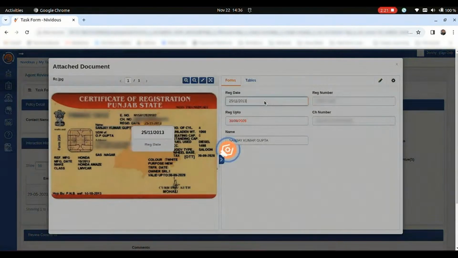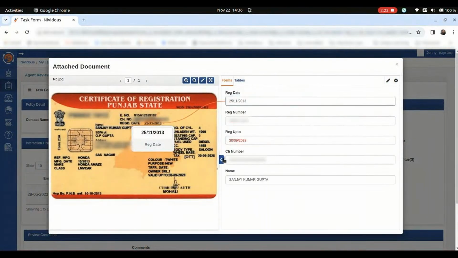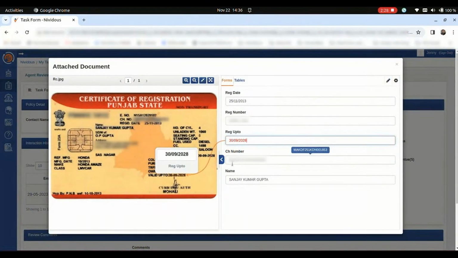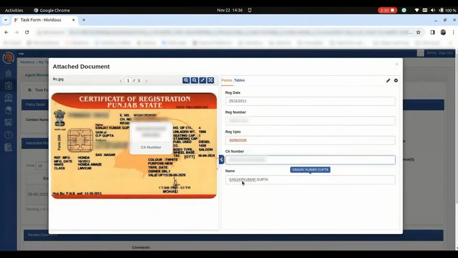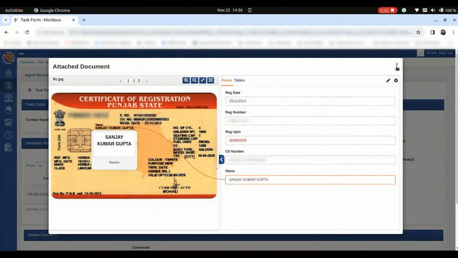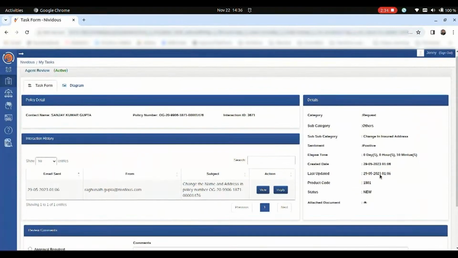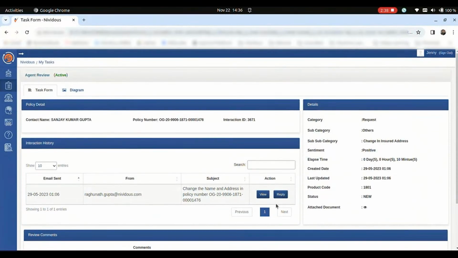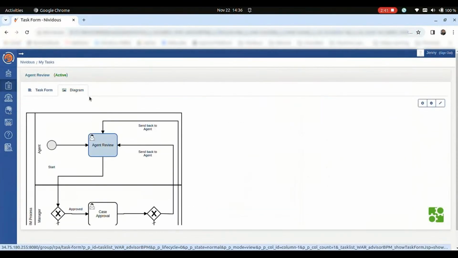There's content that's been extracted from that attachment using another AI technology. And again, it's all there centralized, so she doesn't have to go into various systems in order to make a determination as to what the next step should be. She can also have some review comments, which you'll see later in the demo.